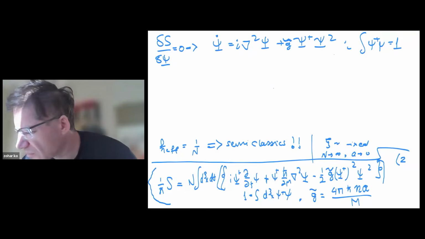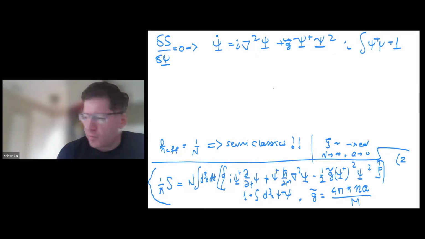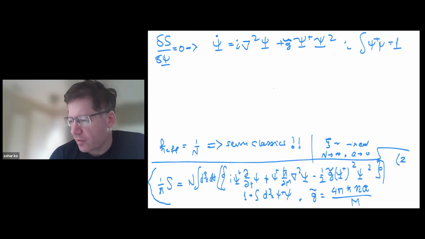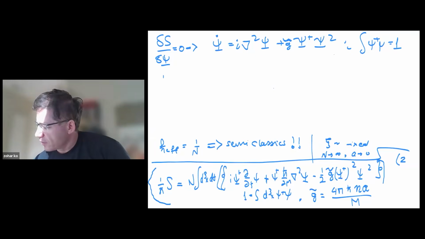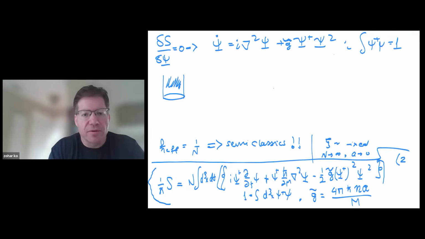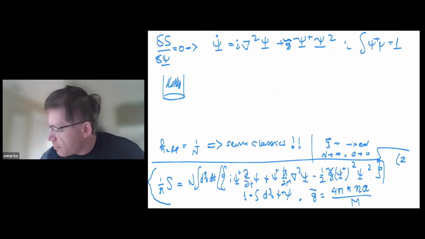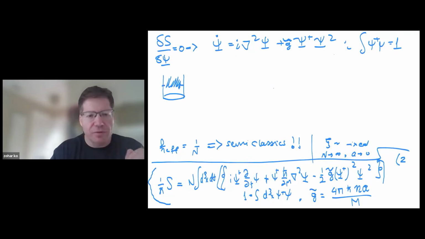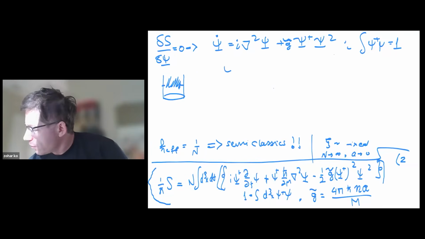Let's say that it will be extremely difficult to find an actual solution in a trap. Let's just ignore the trap. I'll write a solution that is a good approximation. Okay, let me just draw a picture and I'll give you the solution. I'll write a solution that's kind of valid here. Of course, near the trap, you have to make sure the solution quickly goes to 0. This happens over some very short distance scale, which is of order of the healing lengths. Outside of that boundary condition, there is a simple solution, which is the following.